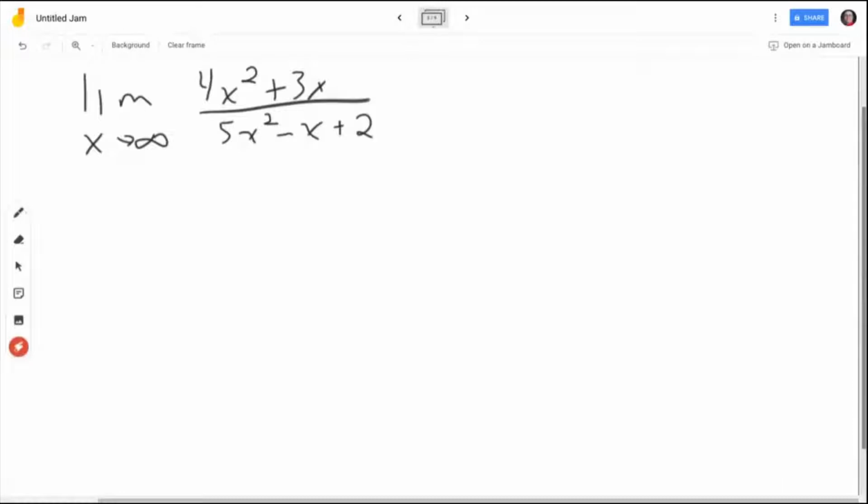So when we have a limit where x is approaching infinity or negative infinity, the first thing we want to look at is what is the highest degree of the numerator and the denominator if it's a rational function. And so the highest degree in the numerator is 2, the highest degree in the denominator is 2. Remember, if they're the same, then we need to do a little bit more work. So if they are the same, what we're going to do is take that variable to the highest degree and divide every term in the numerator and the denominator by that variable to the highest degree. So what we're going to end up with is the limit as x approaches infinity